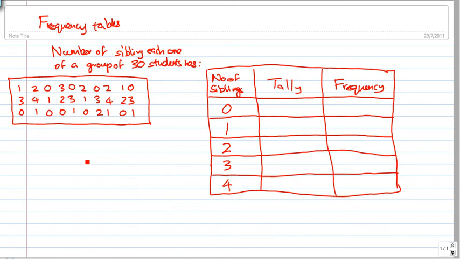Okay, we're going to talk about frequency tables here. Now a frequency table shows how often a value occurs. The number of times a value occurs is called its frequency. So that's why you call it a frequency table. Now you see here,